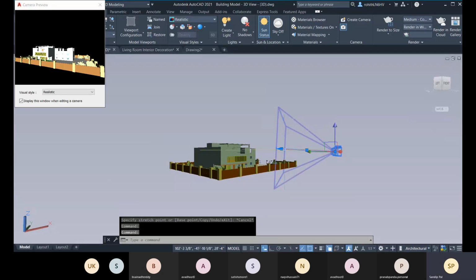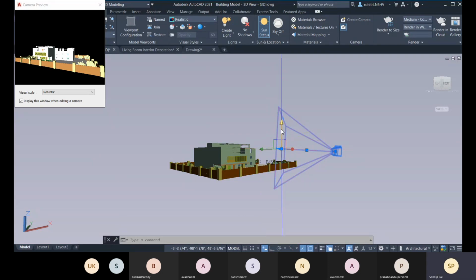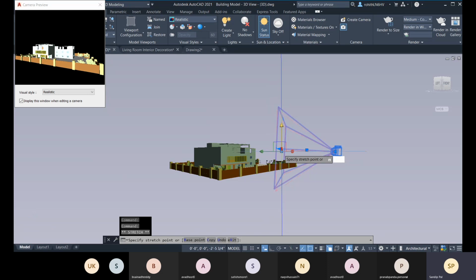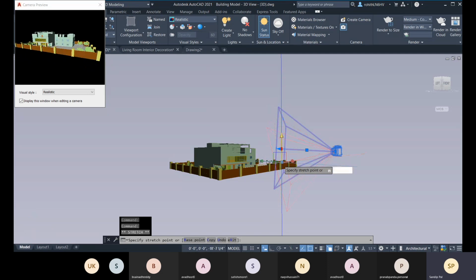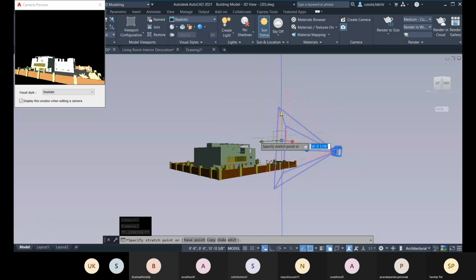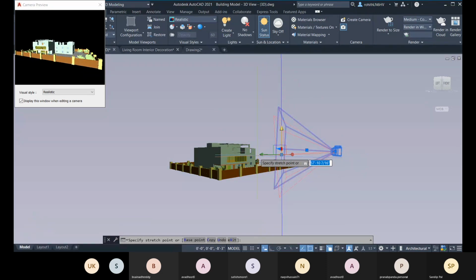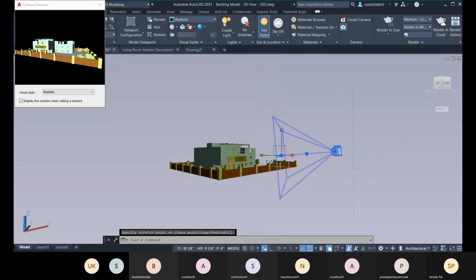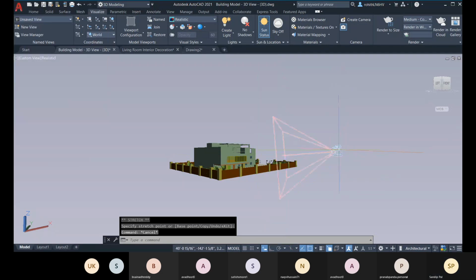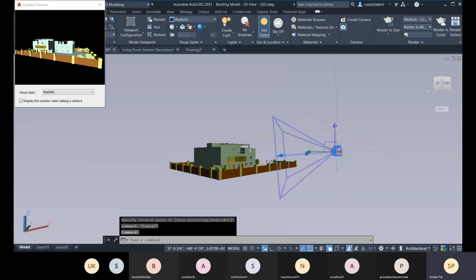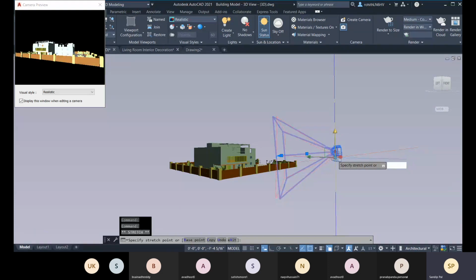Right now you see that this camera target is focusing there. Here also you can select this camera target and change it. Now you can select this camera and change the camera position.